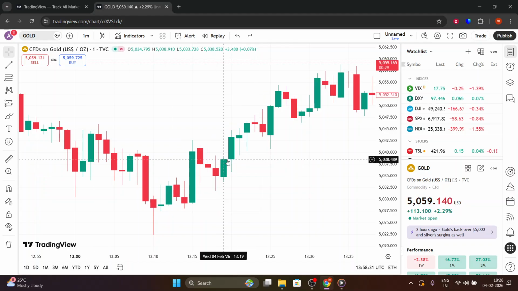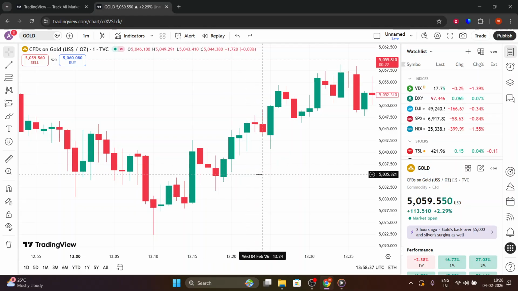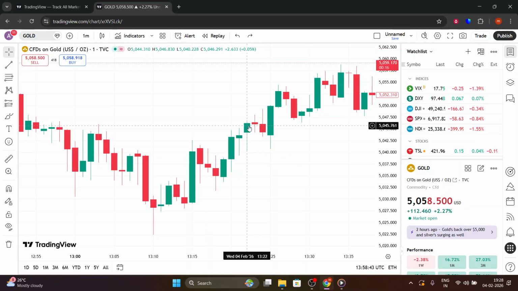If your chart ever feels stretched or messy, reset it instantly. Double-click the price axis on the right, and TradingView returns the chart to its default zoom level. This brings back a balanced view so you can start fresh. With these methods, the mouse wheel, vertical and horizontal scaling, the zoom